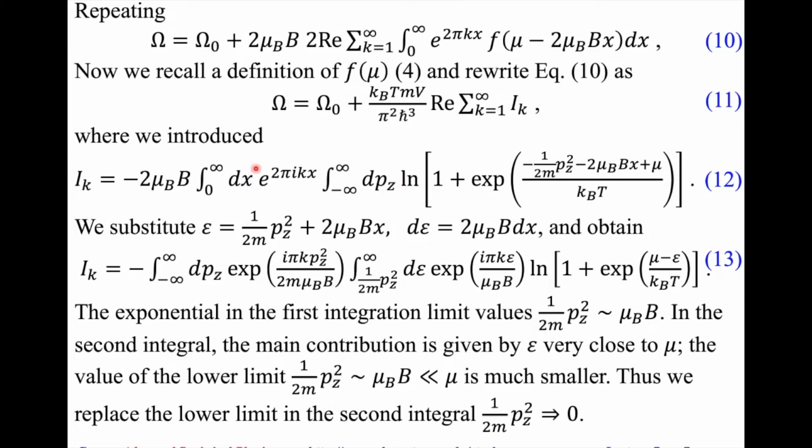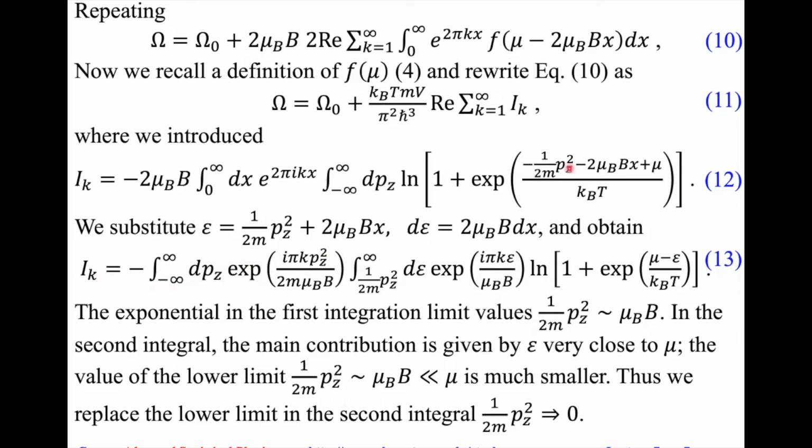Now for this integration dx, we'll substitute x by epsilon, and epsilon will be this argument. So d epsilon is this, for this integration, this is a constant, 2 mu B dx. We'll exchange the order of integration, dp_z external integration, dx internal integration, which is possible because the integrand is regular and integrals are converging. We'll obtain I_k is minus, now the integral dp_z,